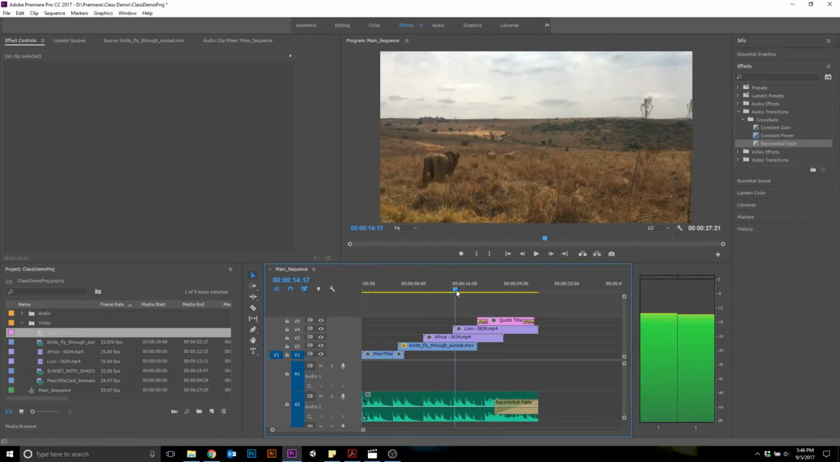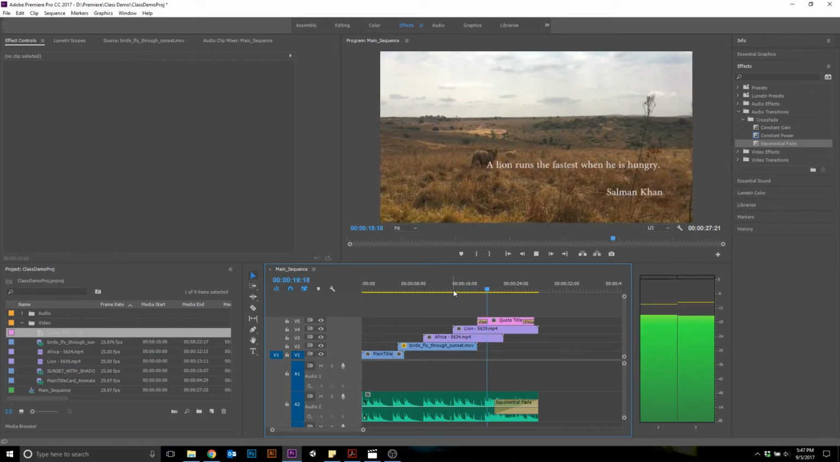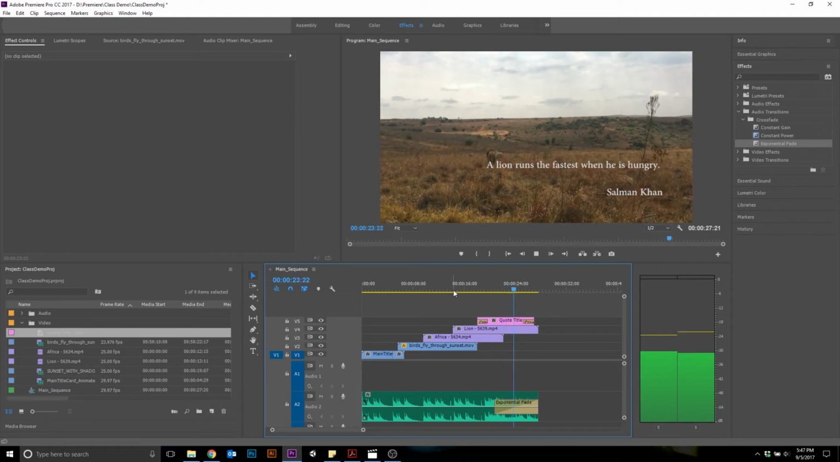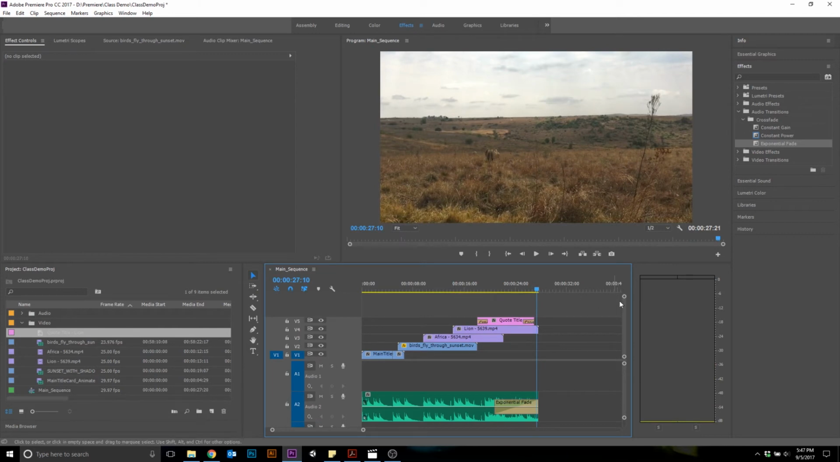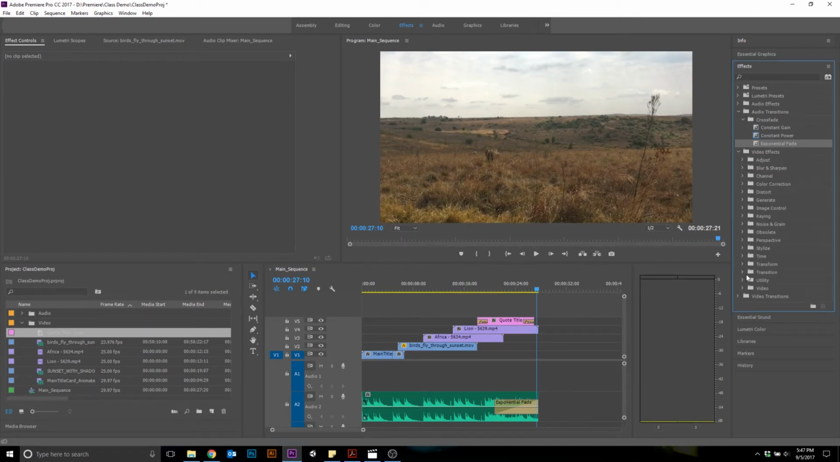So we go ahead and play this back. And you can hear it's a nice gradual fade out. And we could, as a finishing touch, just put some more cross dissolves on the